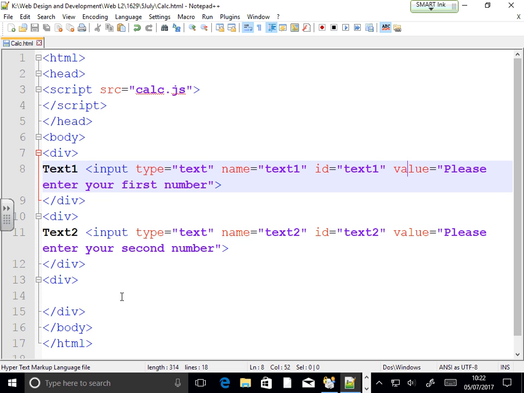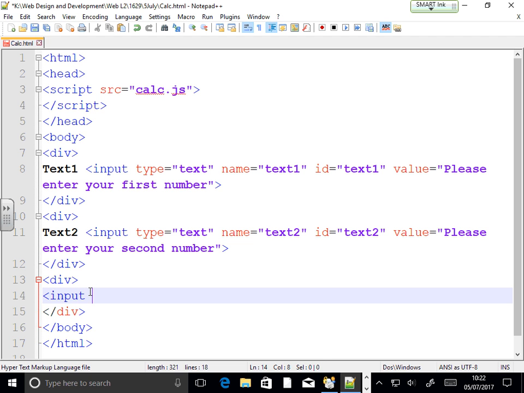Now for creating a button, I need input type is equal to button. Now here, is that okay? And do I need to give an ID?